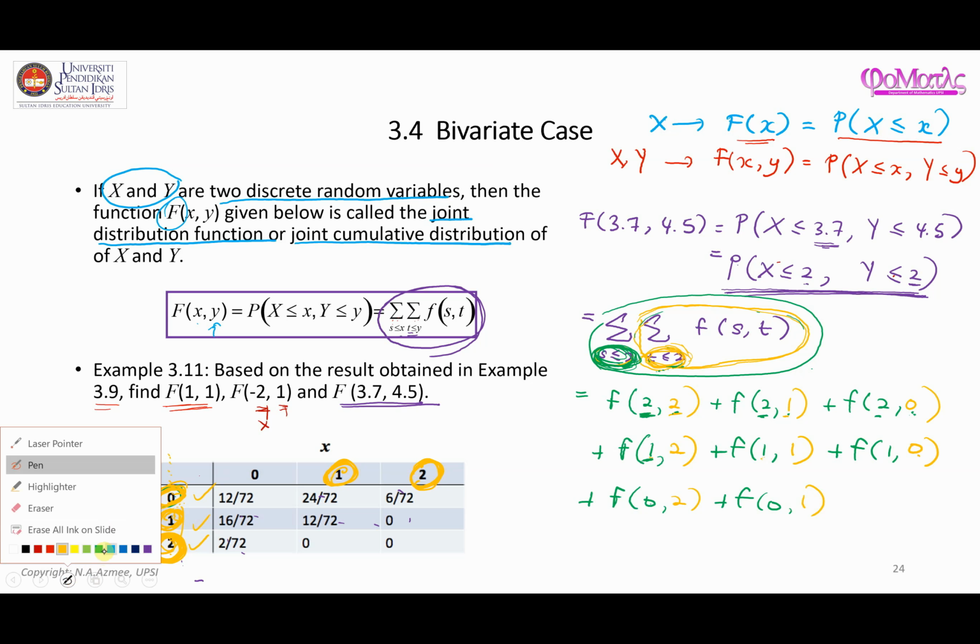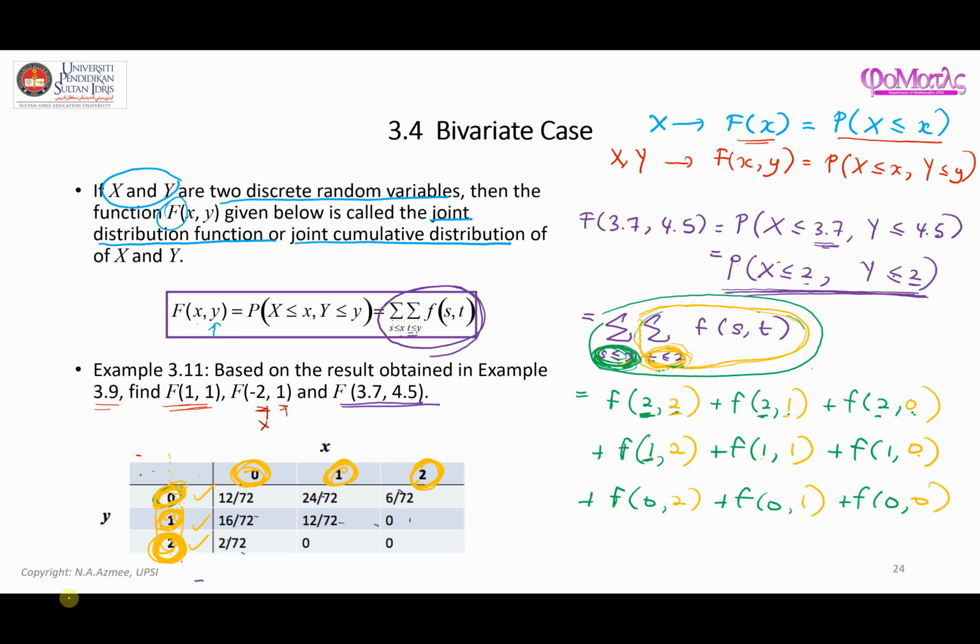Then plus 0, and the inner part is going to be 0, and we stop because we have covered the last one, which is x set at 0, and then we start considering 2, 0 and 2, 0 and 1, 0